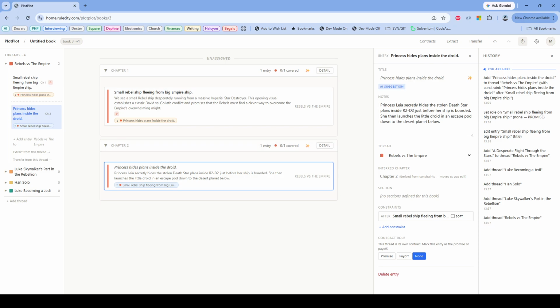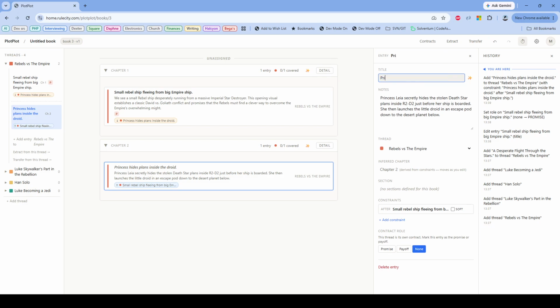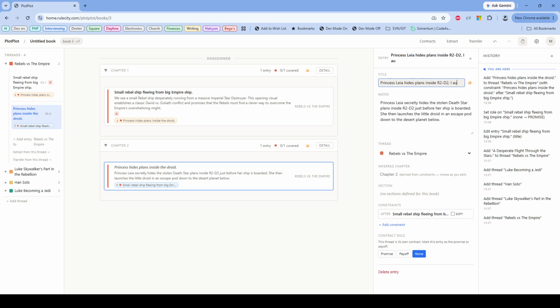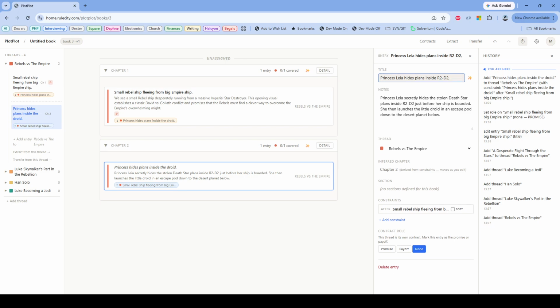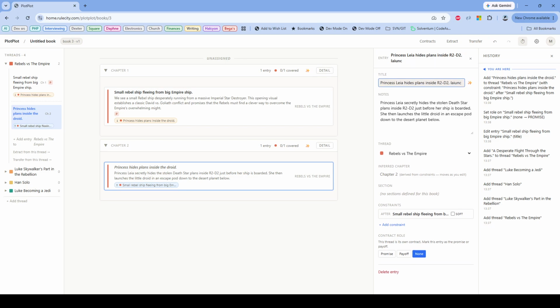So I happen to know that I want the next one to come after. So this is Princess Leia hides the plans inside the droid. And notice now the summary is a little bit closer to my voice that I used here, but I'm going to modify this. Hides plans inside R2-D2, launches escape pod to desert planet. All right,